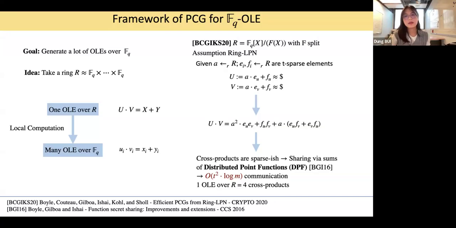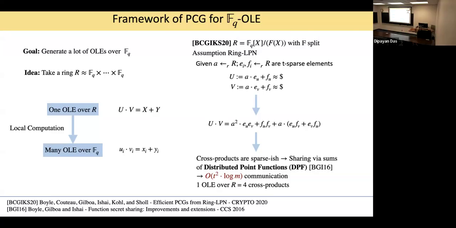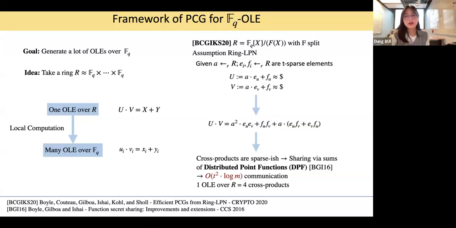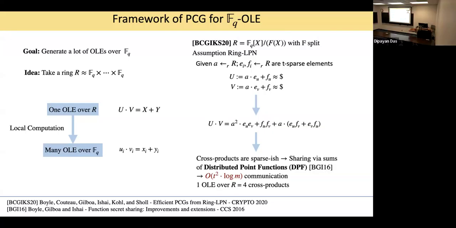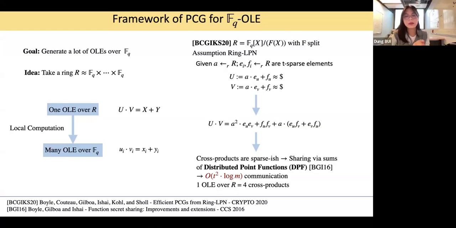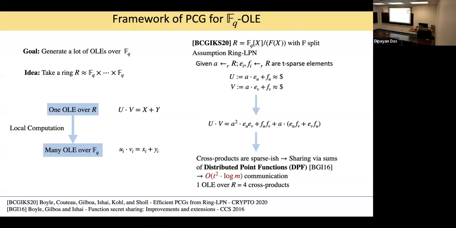But because F needs to split, the size of the field has to be large also. So that is why, with their choice of the assumption and the choice of the ring and the field, they only get the BCZ over a large field. Is there any restriction on how big Q and n are? For example, Q cannot be 2. Okay, I see. But they have it in the paper that proposes the original framework to get the early. Okay, thank you.